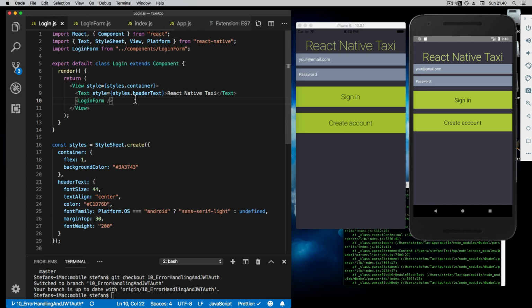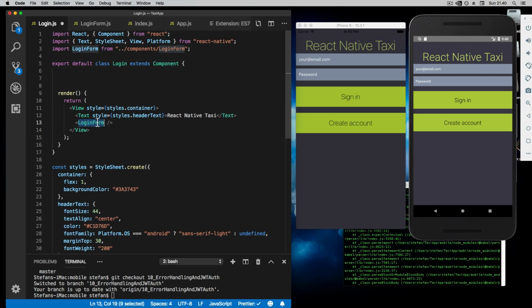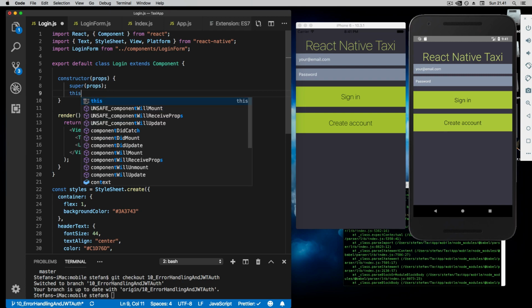We also need to establish a state, and I'm going to establish the state of the password and email and handling this login, logout inside of this parent component containing the login form here. And probably at some point, we're also going to transfer this state of the token we're getting back into another parent component, but that's going to be a later episode. For now, all you need to do is create a constructor with a props, pass the props onto the parent component, and let's create a state